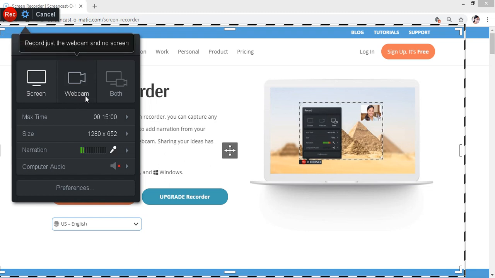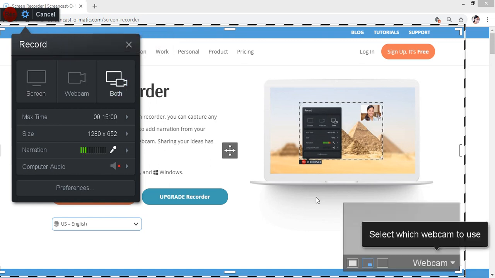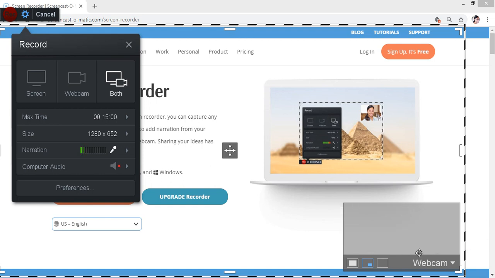If you want to go with the webcam option only, you can click this version, or if you want to go with both, for example if I click this one, in the right corner it will show this webcam option of your picture, whichever way you want to show. Now I'm not showing my picture here in the right corner, or if it can be in the center of this recording screen, then accordingly you can adjust with the screen options.